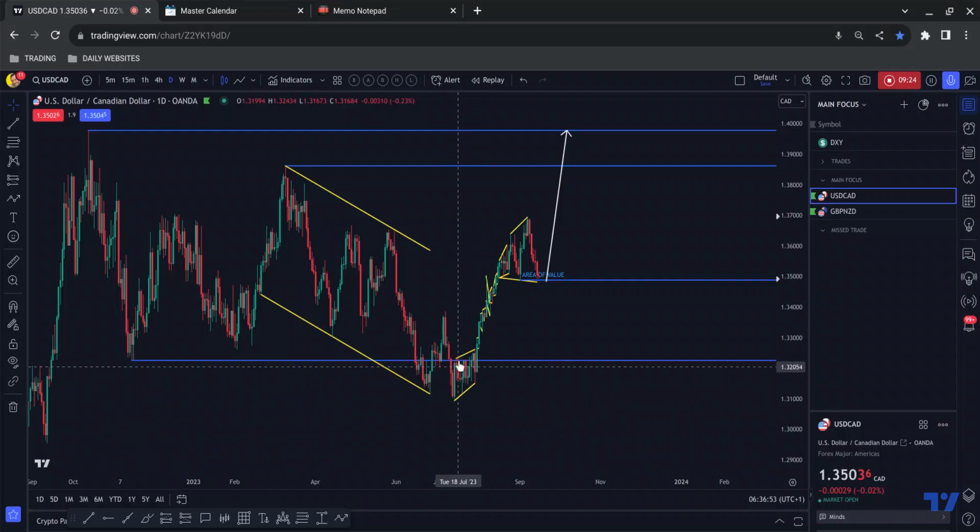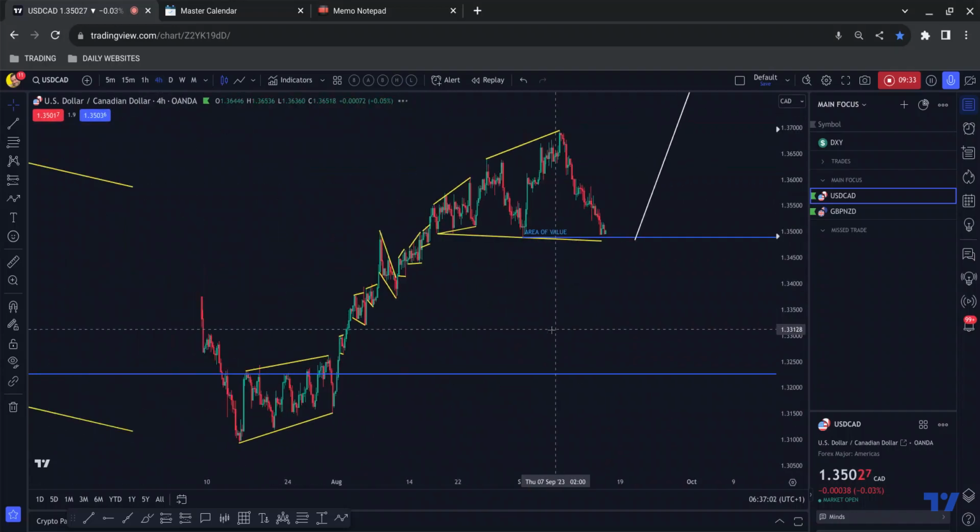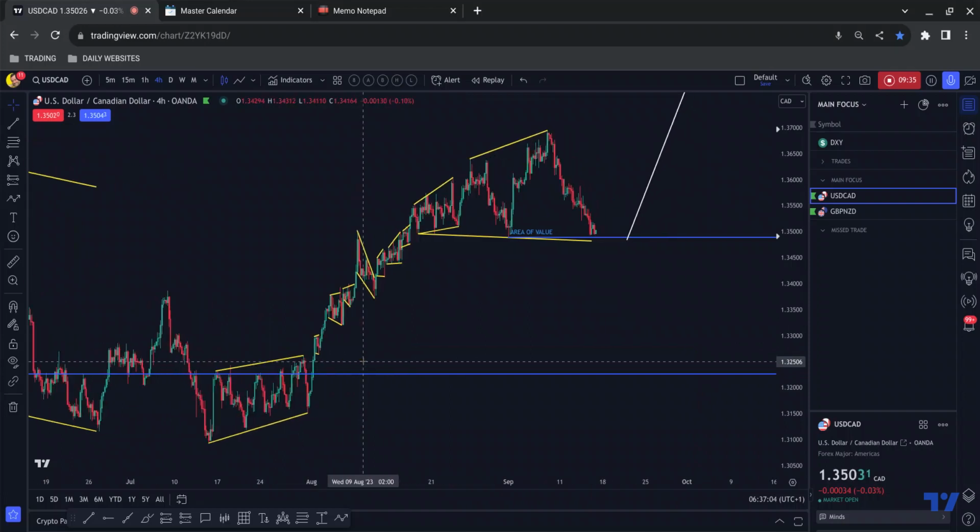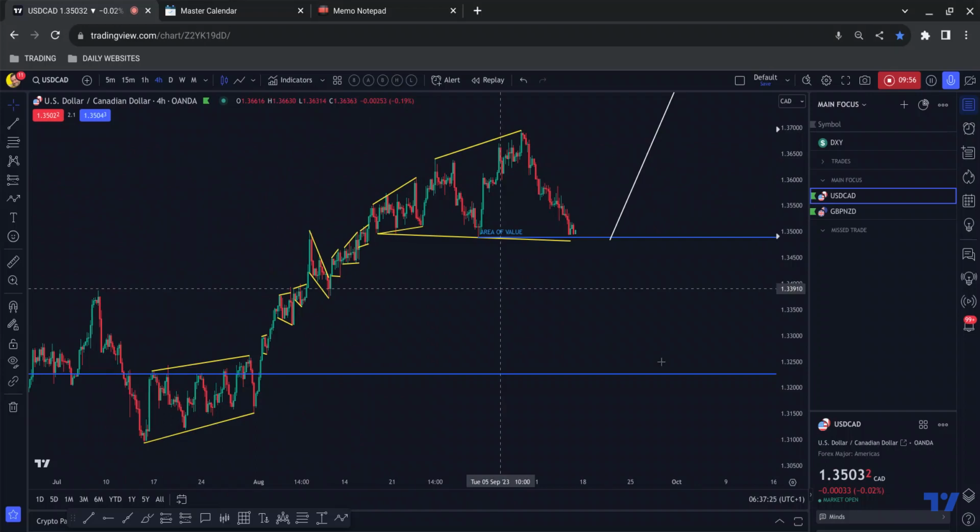Okay, so the next thing I ask myself is, is the sequence great? It's not the greatest sequence because the move up starts with a larger correction. Okay, that's not typical of what we see, so that is a slight negative where the sequence is concerned. However, we then perform more of a typical sequence as we break out of here. Okay, so we see the impulse, tight correction, impulse into a slightly larger correction, into a slightly smaller one, into a slightly larger one, smaller ones, larger ones, and then that larger structure, which I was talking about, halfway within a range.